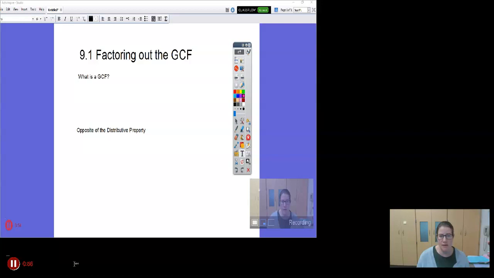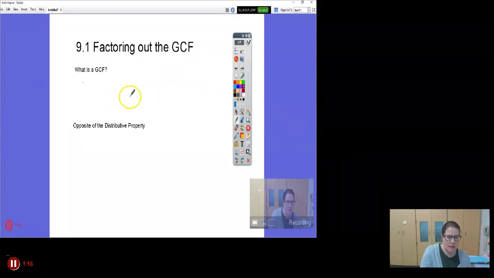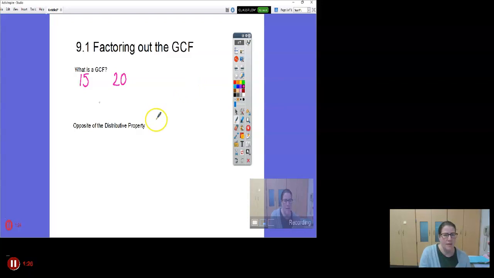So we're going to be talking about factoring out the greatest common factor today. I think that the first question might be, what is a GCF? A GCF is, again, just the greatest common factor. Let's do an example where we're just looking at two numbers. So if I am comparing, let's say, the number 15 to the number 20,